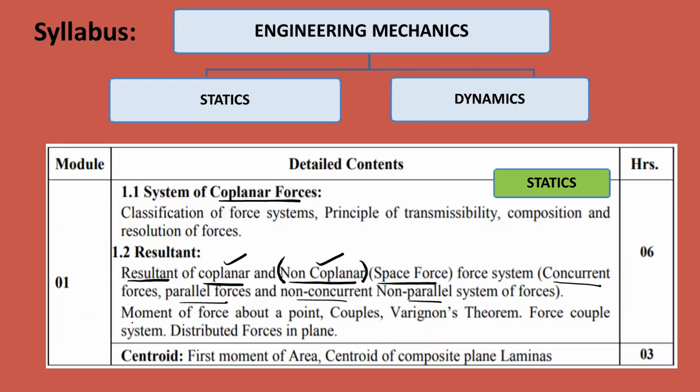After this, we will study moment. So you know what is the meaning of moment? Moment is the rotational effect because of the forces, and mathematically it is given by force into perpendicular distance. That is a Newton meter. So moment is force into D. So this is the moment formula. Unit is Newton meter. So moment of force about a point.